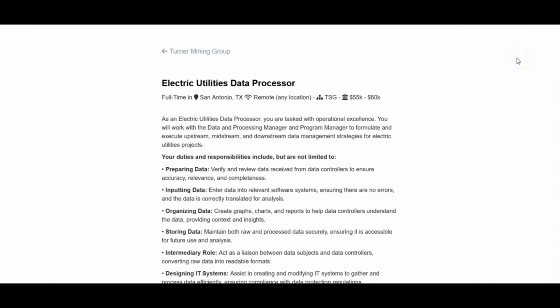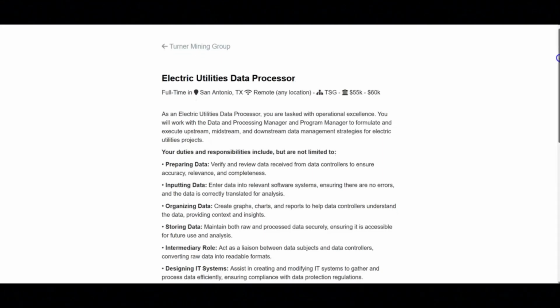The next job is with Turner Mining Group, and they're looking for an electric utilities data processor. Your duties and responsibilities include, but are not limited to, verifying and reviewing data received from data controllers to ensure